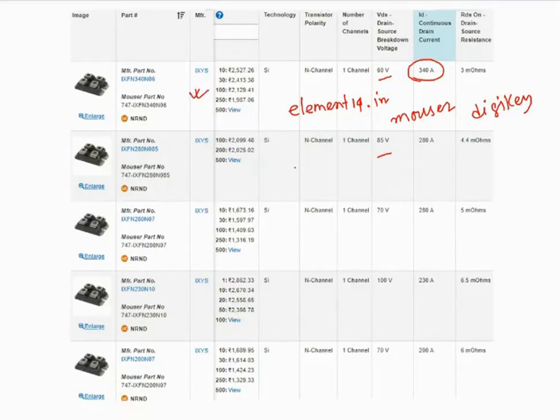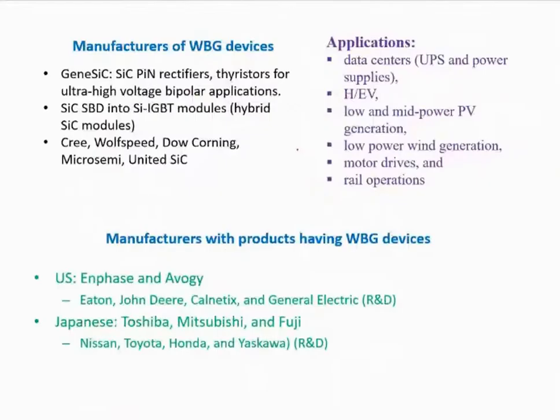You get access to the data sheets, which you can study, and you can figure out what the differences are if you want to know more about them. I have already uploaded two or three data sheets for GaN and silicon carbide devices in the Google Drive folder for your ready reference. Please go through them and study them in your free time to get a feel for the difference between silicon-based and wide bandgap-based devices.